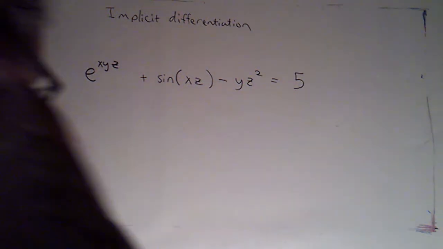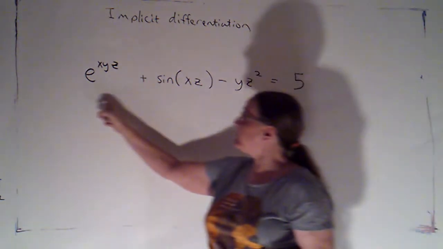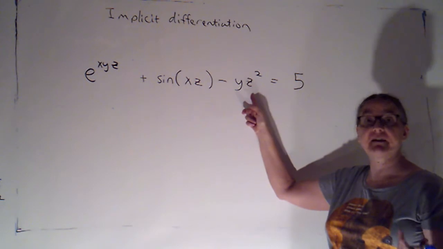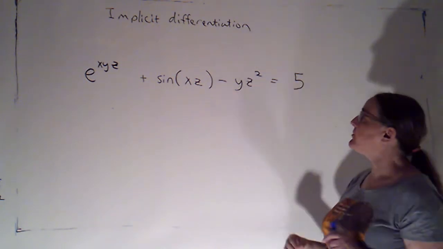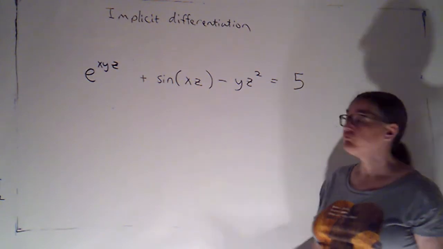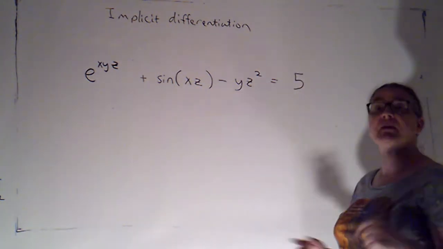I've got an equation for another surface up here. I could view what I have on the left-hand side here as some function of three variables, and this would just be the level surface, all of the points in the domain that would map to a W value of 5. I can also just view this as an equation in three variables, whose graph would be some surface in